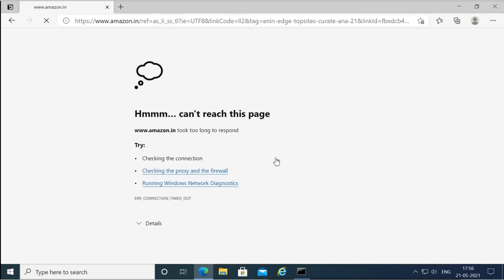So what happened here? The internet is not working now in Windows 10. It was working previously. Now it is not working. Why is it not working?